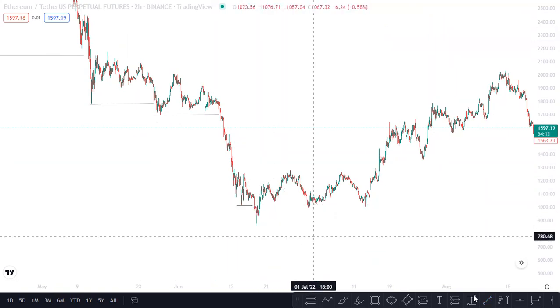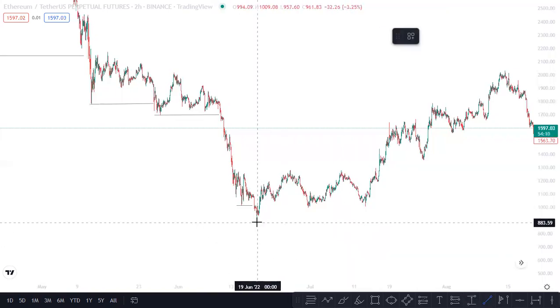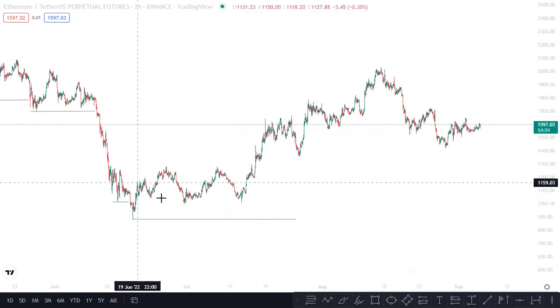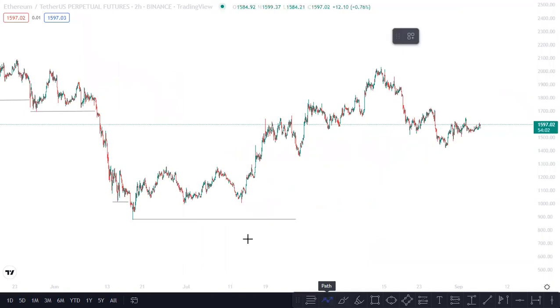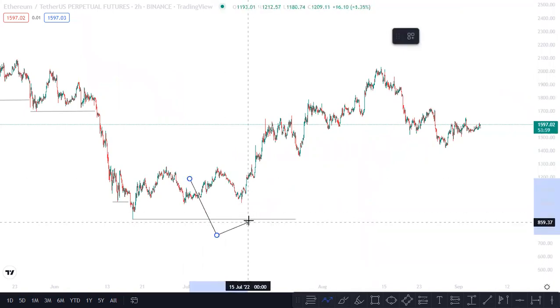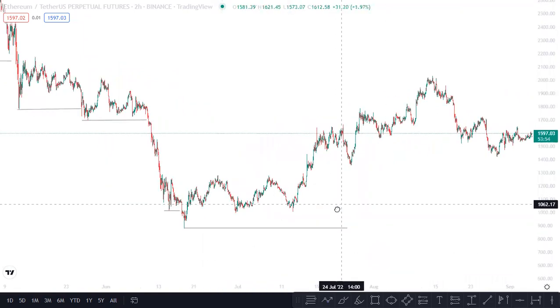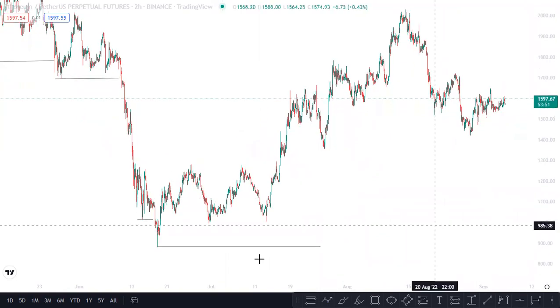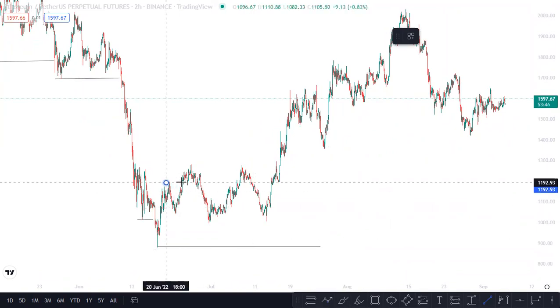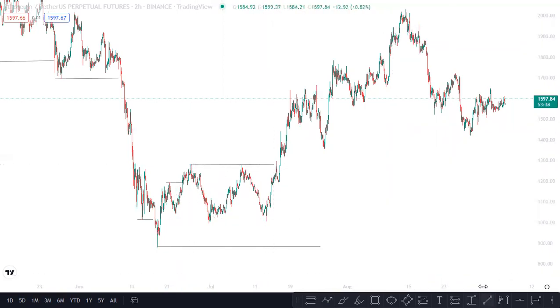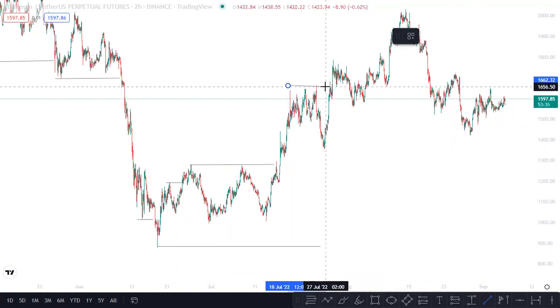As price failed to break this low here, what happened? We reversed. You could see that price didn't break this low, unlike how it has been breaking, because if it had broken this low, we may keep on breaking lows, and the more we keep on breaking lows, the lower we go in price. But here we failed to break this low, so price reversed, and we started creating BOS for an uptrend. Price started breaking highs. Your BOS, another BOS at this point.